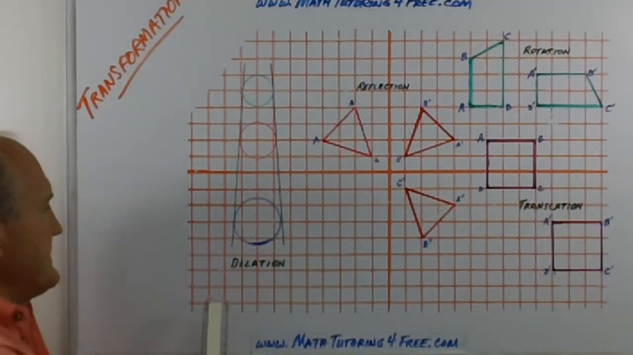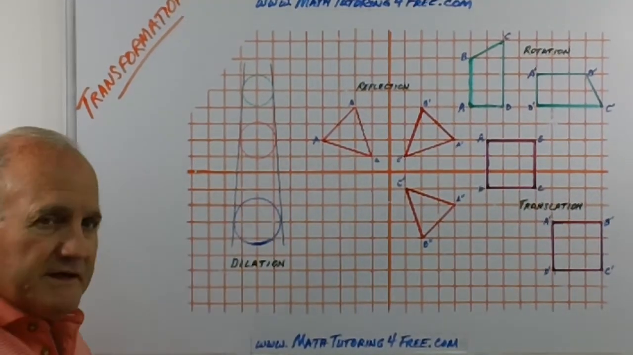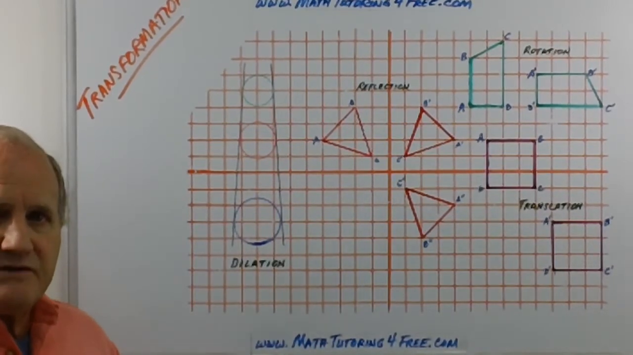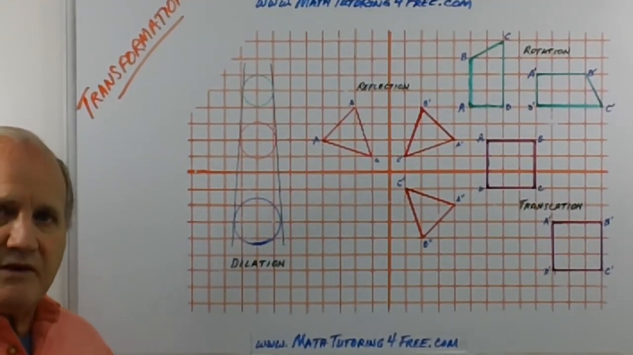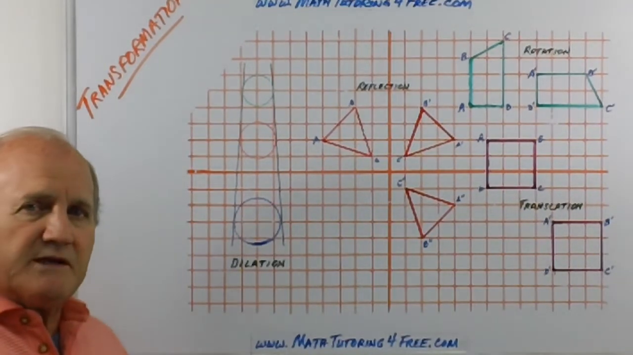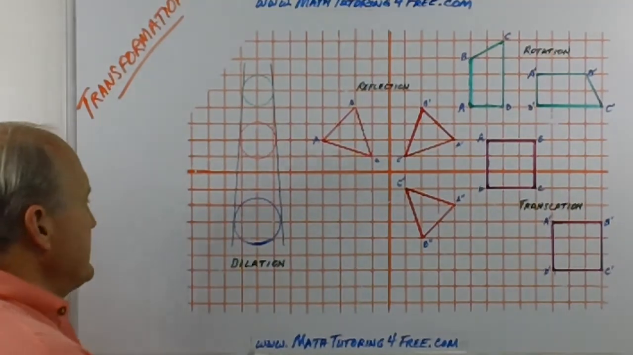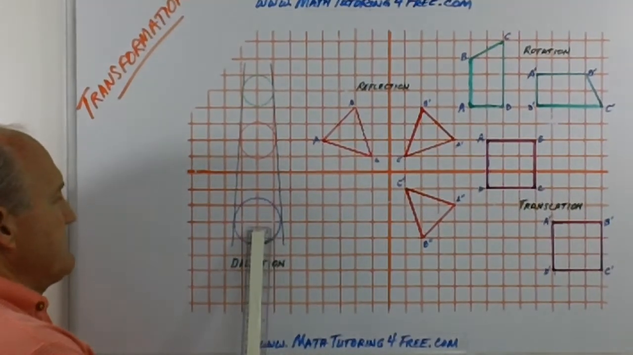Our fourth and last transformation is what we call dilation. And dilation usually means to get, what, bigger. But you can think of an object getting bigger or smaller depending where we're starting. In this case, if we start with this circle down at this point,